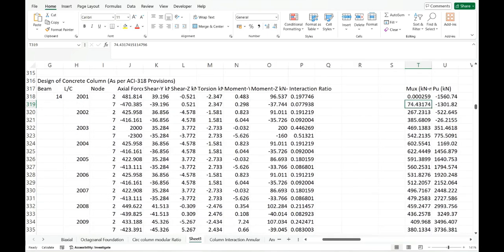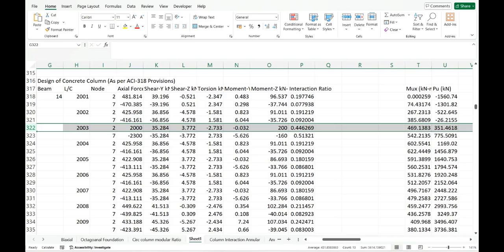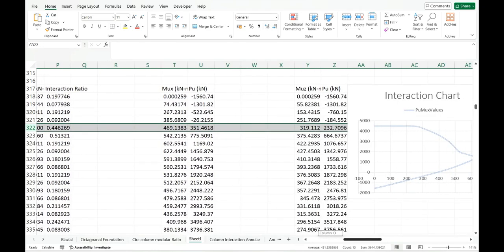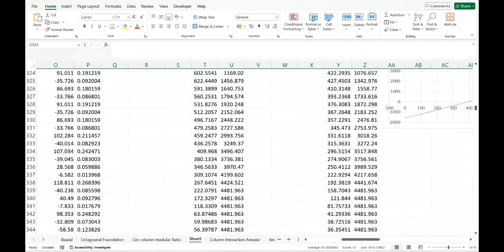So for axial load, if we take a load of 2000 kilonewton here, and a major axis moment of 200 kilonewton meter, let's see on that MUX chart where we find the 200 kilonewton meter moment for the 2000 kilonewton load, because load is predominant. For 2000 kilonewton load, we have approximately